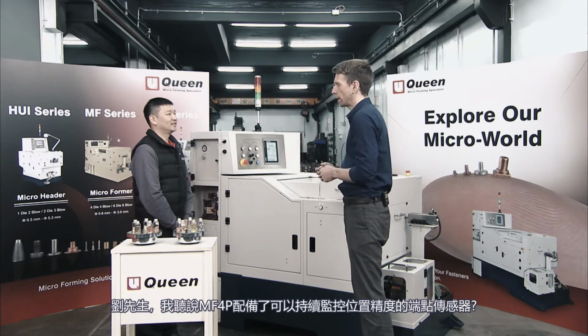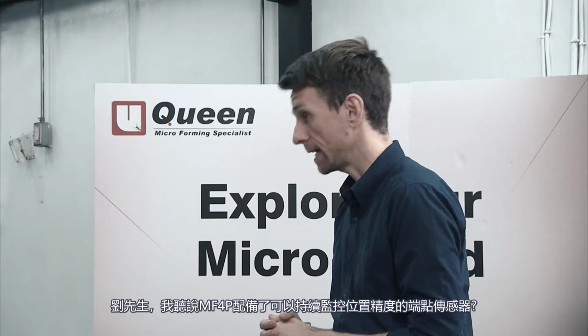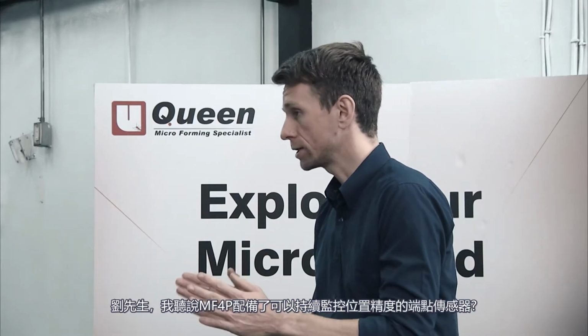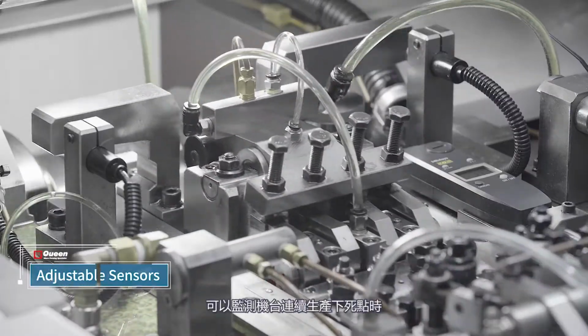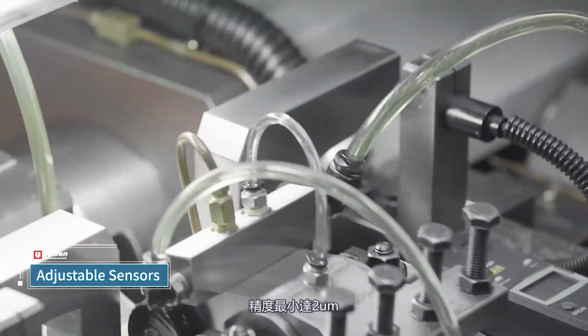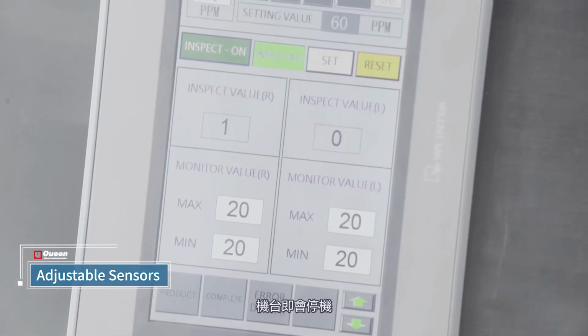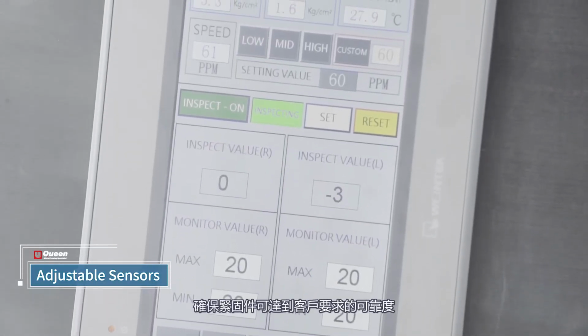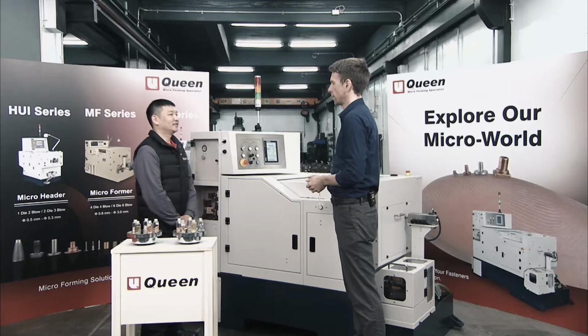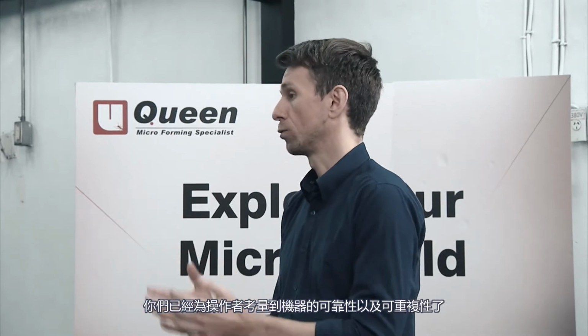Okay, got it. Now, Danny, another thing we want to highlight is that the MF4P is equipped with endpoint sensors that constantly monitor the positioning accuracy, right? Okay, so during the assembly process, you're already laying the foundation for the reliability,